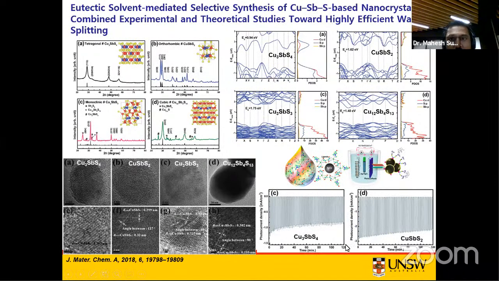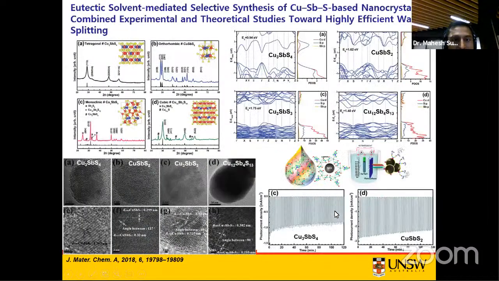We also studied the stability of both photocathodes, and we found that there is a slight decrement in the photocurrent density after 2 hours of the stability test measurement in both compounds. Again, this poor stability in both compounds can be attributed to either loss of the platinum or absence of a suitable highly stable catalyst on top of this copper antimony sulfide, that is Cu3SbS4/CdS and CuSbS2/CdS.